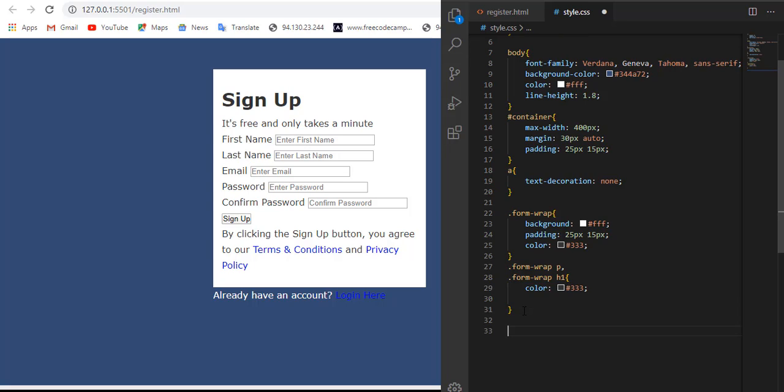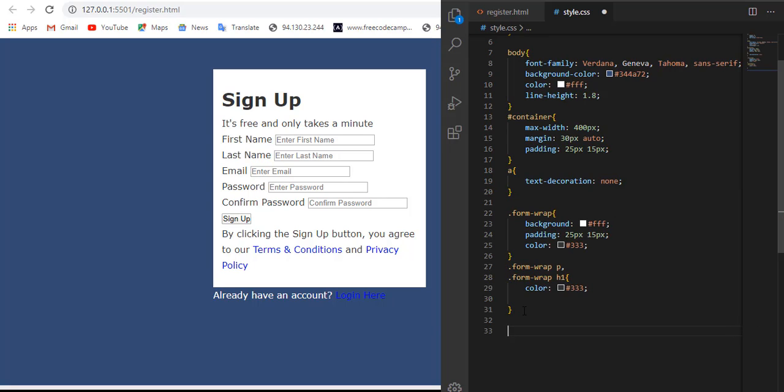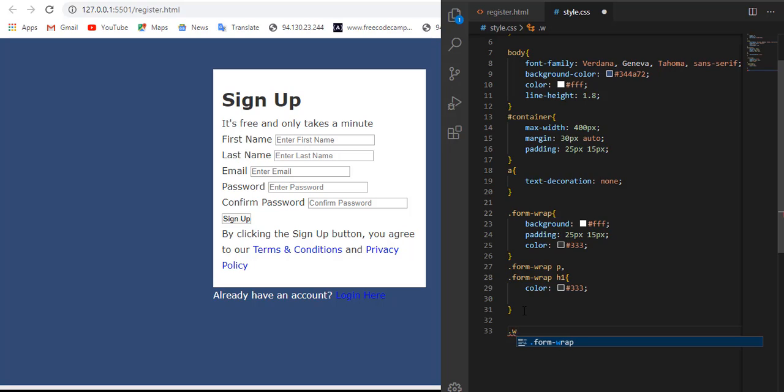So let us now pick our input field. Let us select form wrap. Let us first take label. First of all it's form group. So it's not wrap, it's a group, form group and label.